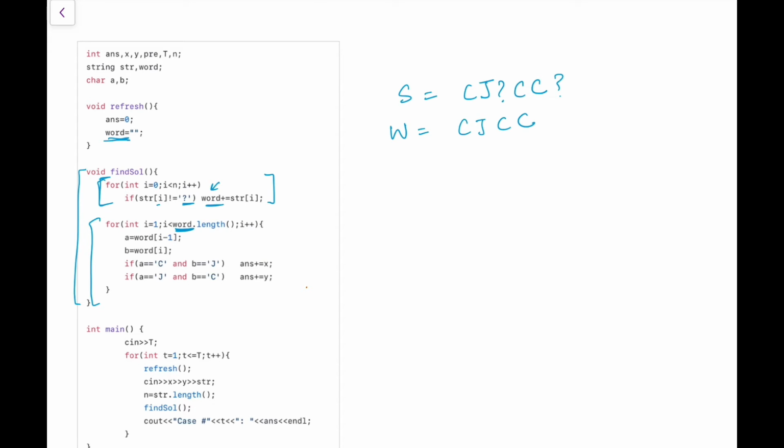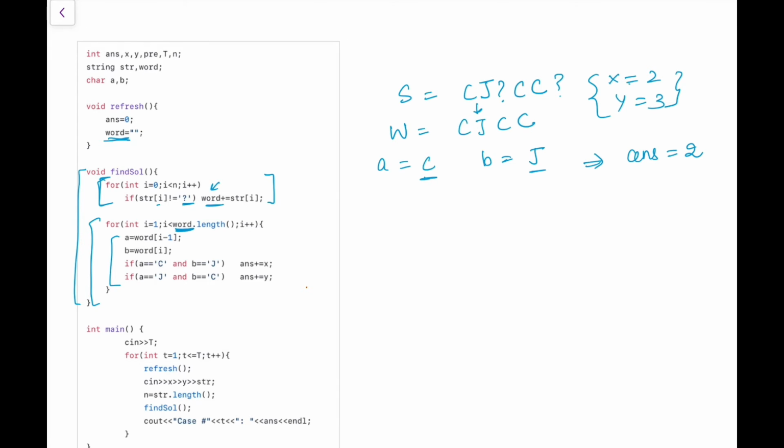The word will become CJCC. Okay, now let us go through this for loop once. In the starting, I is here, A will be C, B equal to J. So for let's say X is equal to 2, Y is equal to 3, for every occurrence of CJ we have answer is equal to 2 as of now.